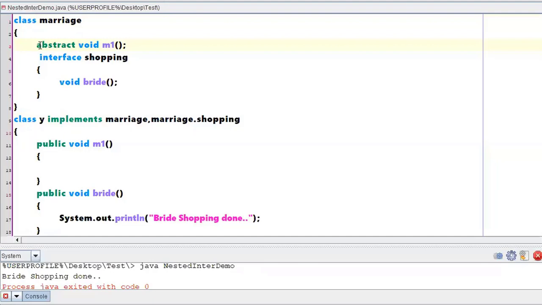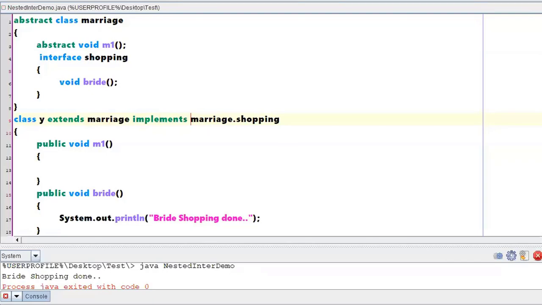When you have a single abstract method, then the class needs to be made abstract. Now, if you want to give a definition for this particular m1, what has to be done? You have to extend Marriage, and then you have to implement Marriage.Shopping.